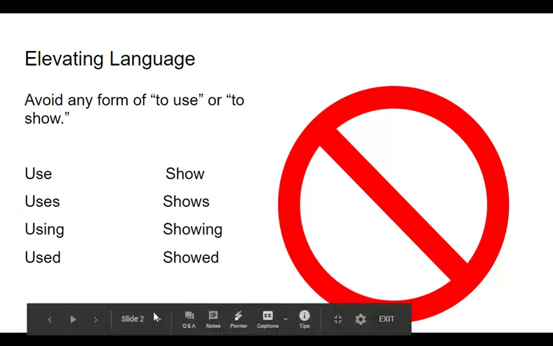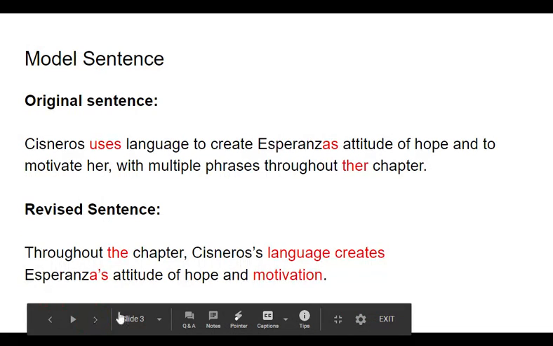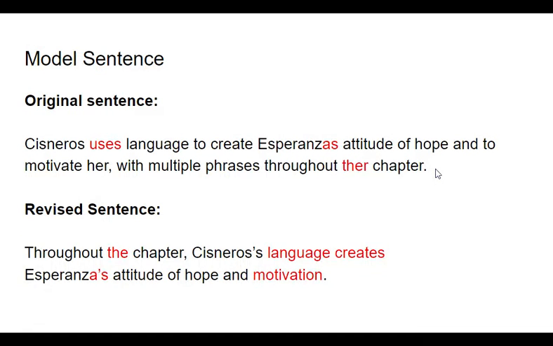So I have an example. Here is an original sentence from a student. I literally copied and pasted. Another problem I saw in your constructed responses, the final copies last week, is some of you didn't proofread before you submitted. Please make sure you proofread. So I have some other areas in red that also needed to be corrected.